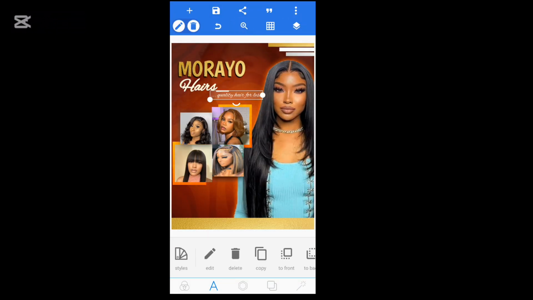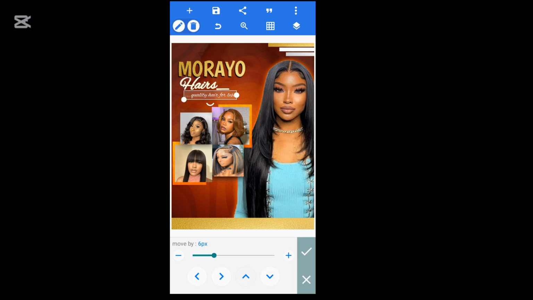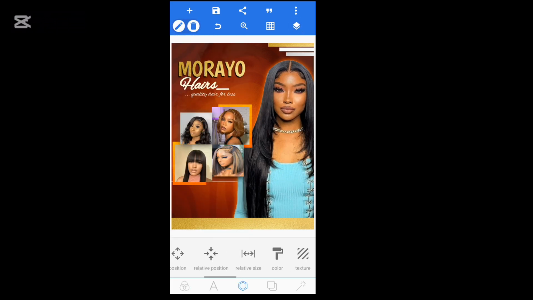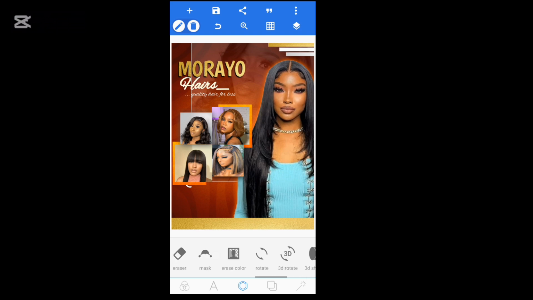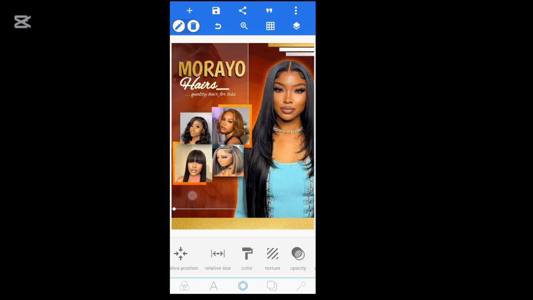Okay, so I think I'm done with the text. What's left is the details, and if you notice, there are 3 lines at the upper part of the design, so you can just insert some shapes on it. I just wanted it to look kind of filled up. I just wanted to fill up that place. That's why I added that shape. So